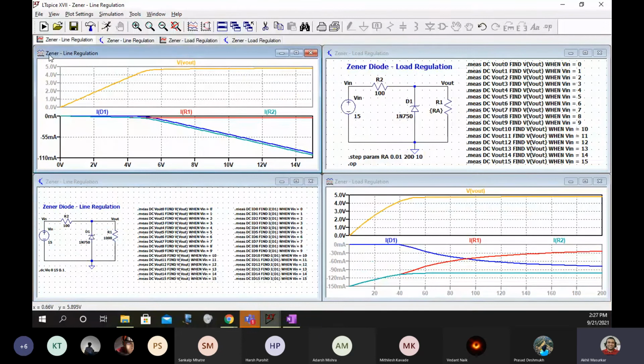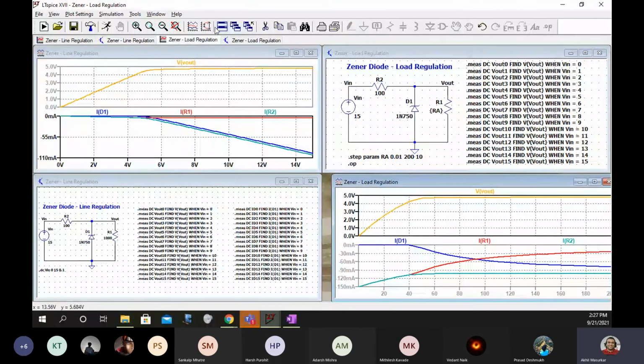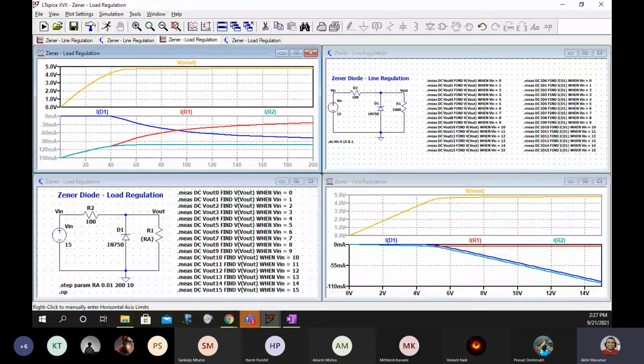You have to see the name of the output and the circuit file is the same. So how to identify this is output of what? This is line regulation. This is also line regulation. Here this is load regulation. This is load regulation. Understood? Yes, sir. Good.